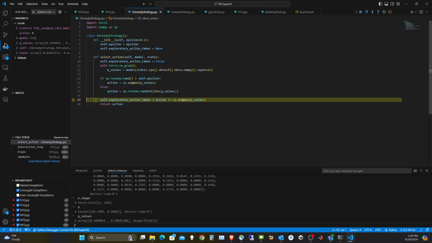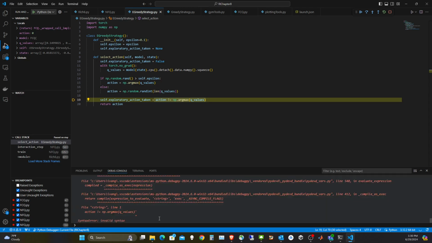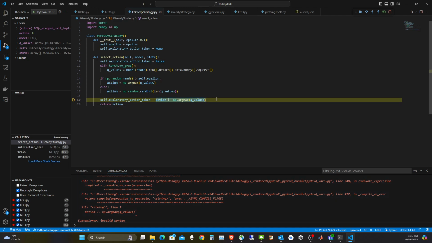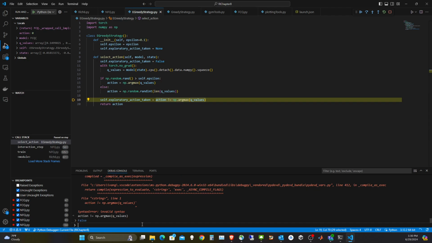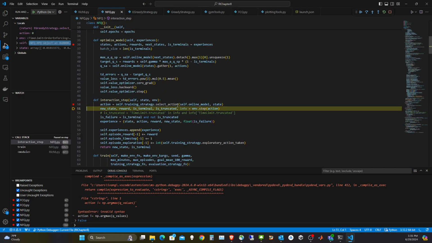So when we keep track of whether we took an exploratory step or a greedy step, it's going to tell us that we took the greedy step, although we really took an exploratory one. You're going to see it in here. So this is going to say false. So it said that we didn't take the exploratory action, but we really did. It just happened to be the greedy action. Okay. Anyway, so that gives us our action, and from the action we just pass it directly to the environment, and